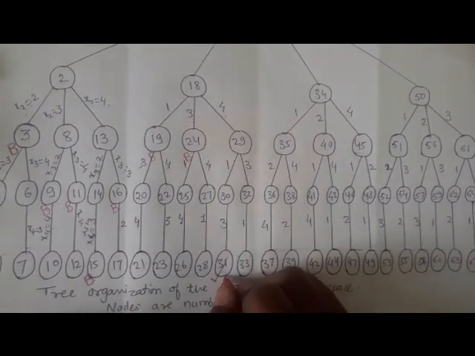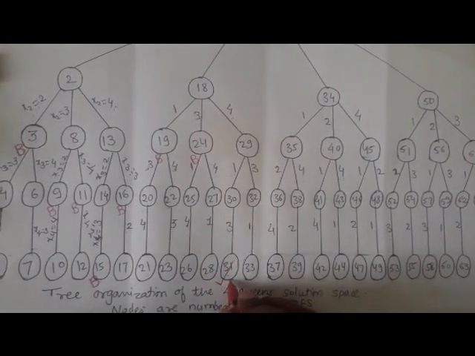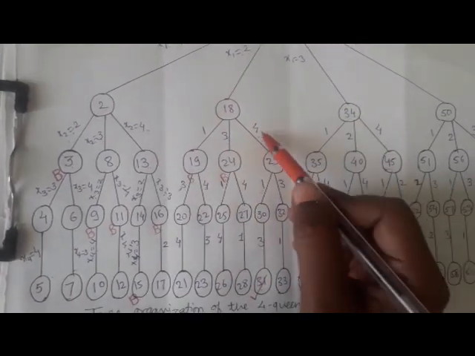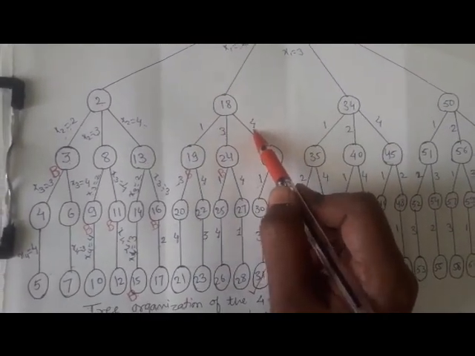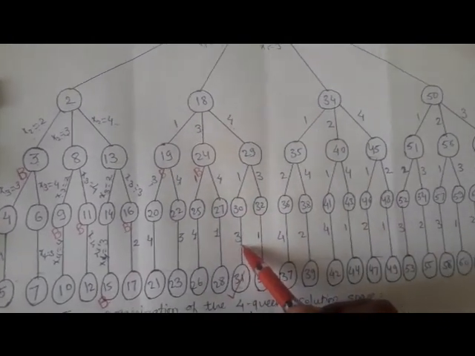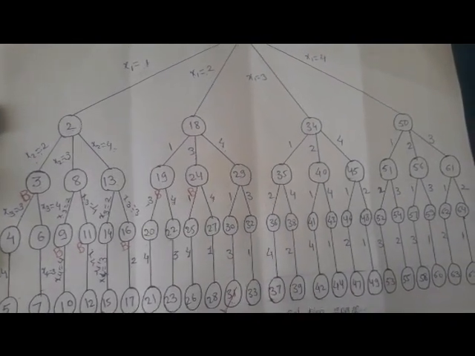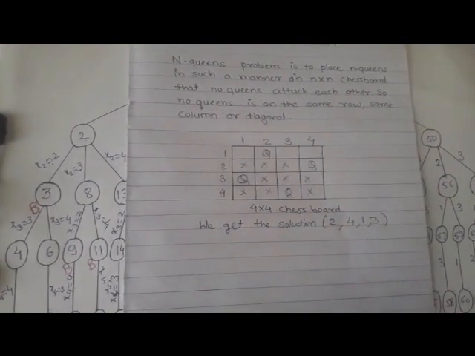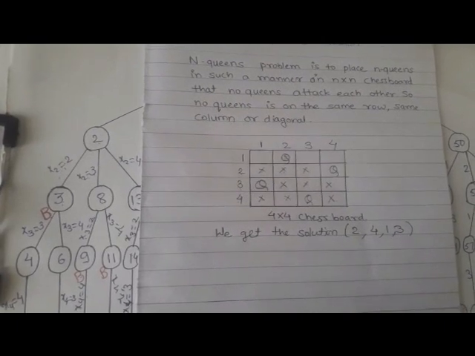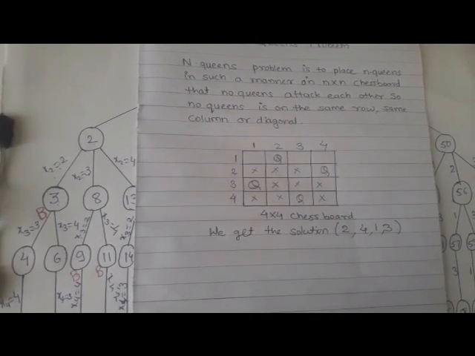Next we will see it. We have seen previously how we find its solution: our first queen is present in the second column, the second queen is placed in the fourth column, the third queen is placed in the first column, and the fourth queen is placed in the third column. In this way, we have seen this solution previously here. Now this is one of the solutions that we got, but we have to find what other solutions are possible for the 4 queens problem.